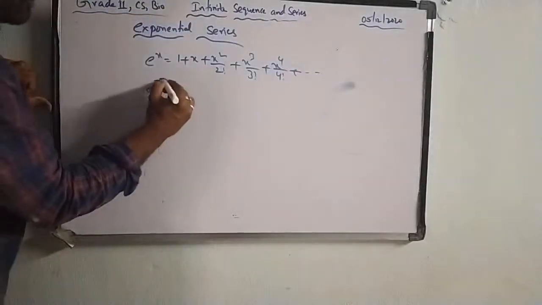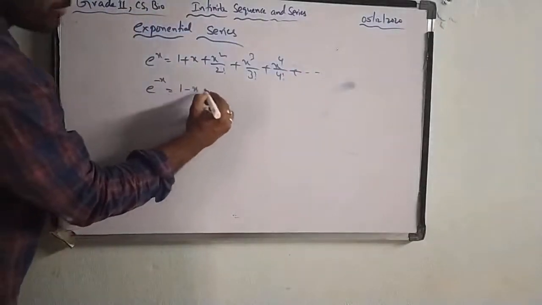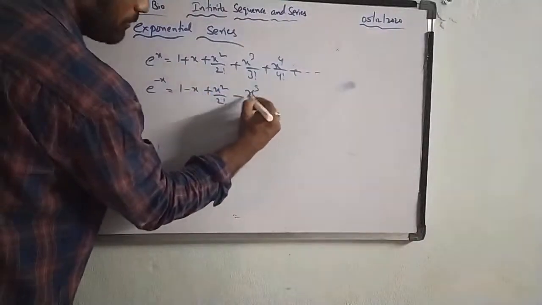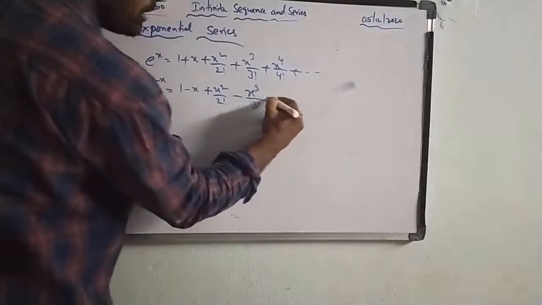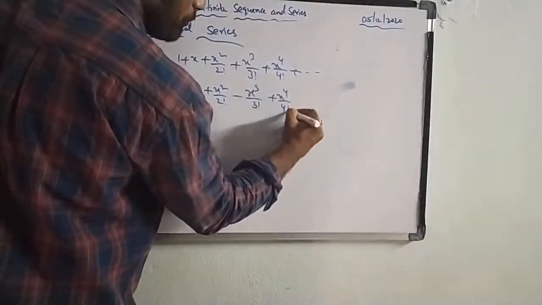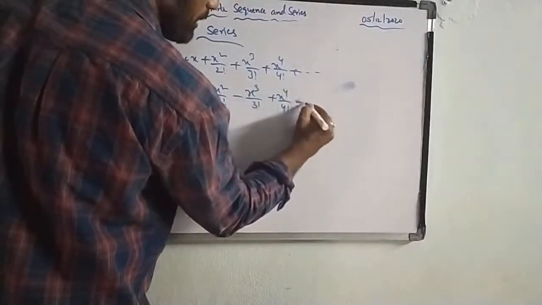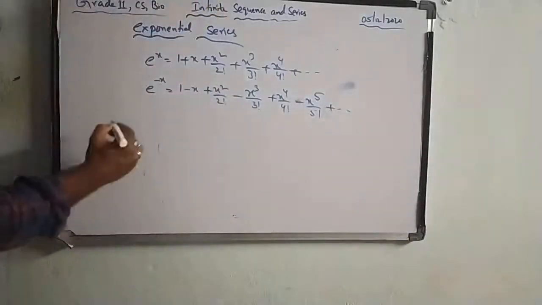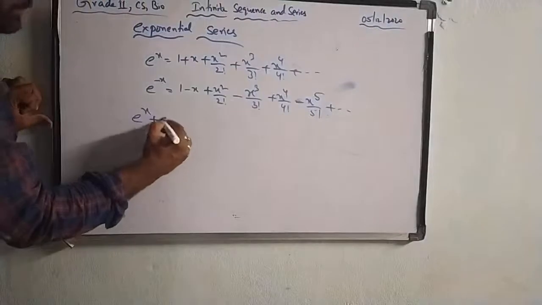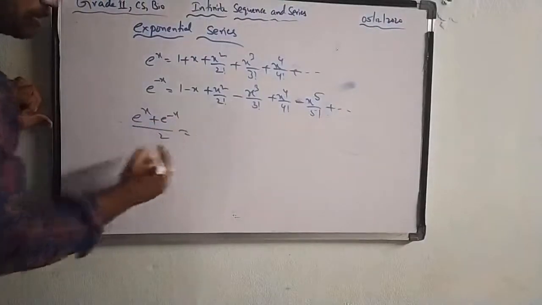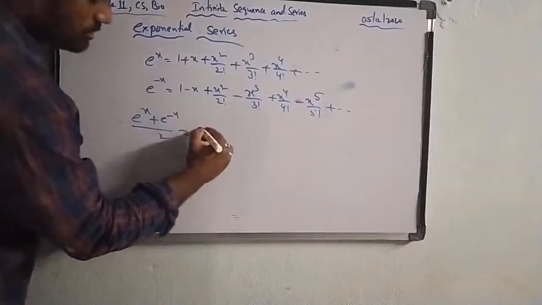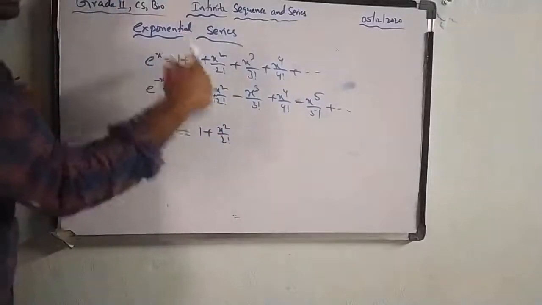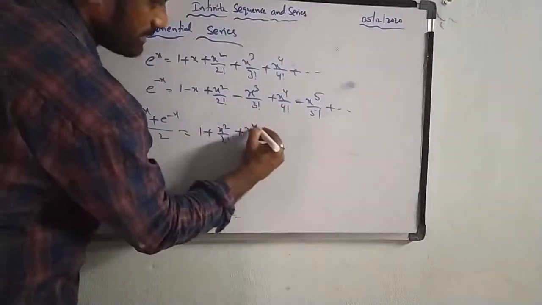If I take e to the power of minus x, it is 1 minus x plus x square by 2 factorial minus x cube by 3 factorial plus x to the power of 4 by 4 factorial minus x to the power of 5 by 5 factorial plus so on. Now (e power x plus e to the power of minus x) by 2: if I add these two, it will be 1 plus x square by 2 factorial, as all the odd terms get cancelled, plus x power 4 by 4 factorial